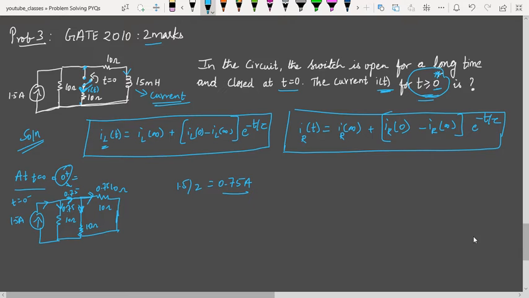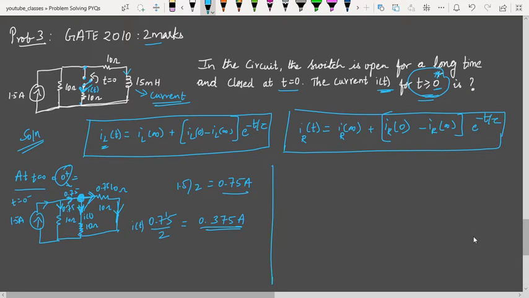So immediately, the inductor is going to be a short path, because its current is not going to change immediately. And the resistor responds immediately, allowing whatever current it can. The 0.75 is splitting between equal resistances 10 and 10. So 0.75 divided by 2 would be the current I of t, which is 0.375 amperes. So we found it.